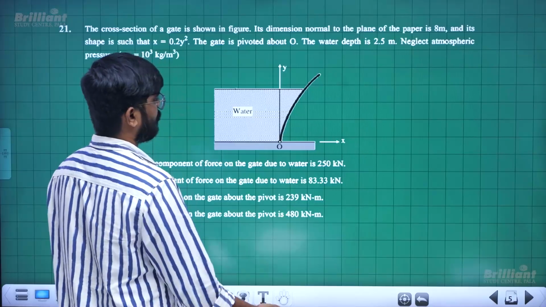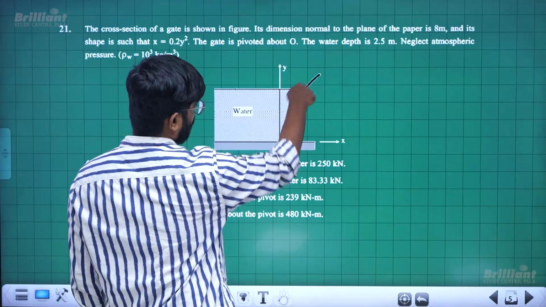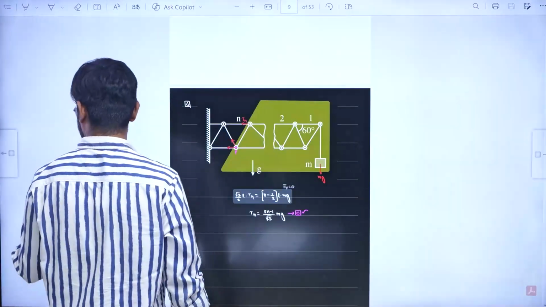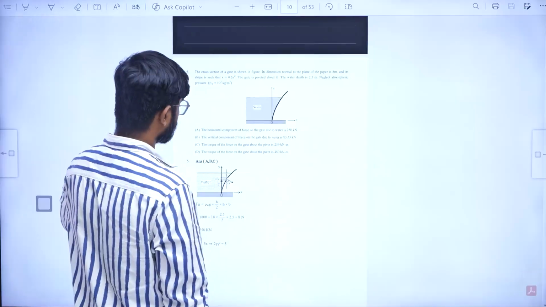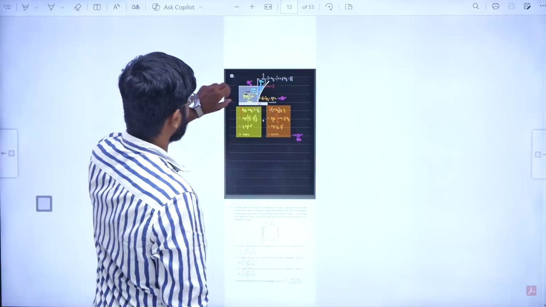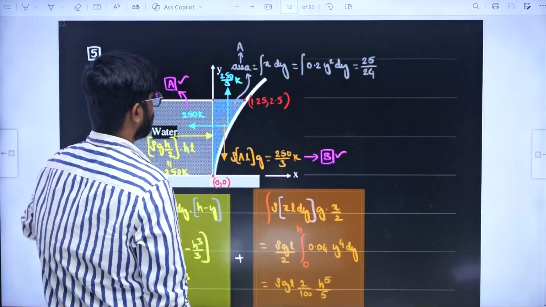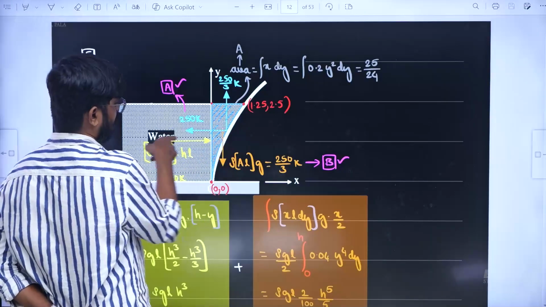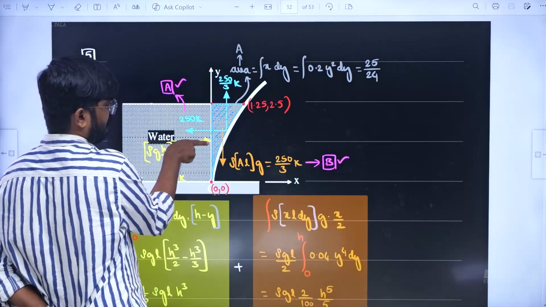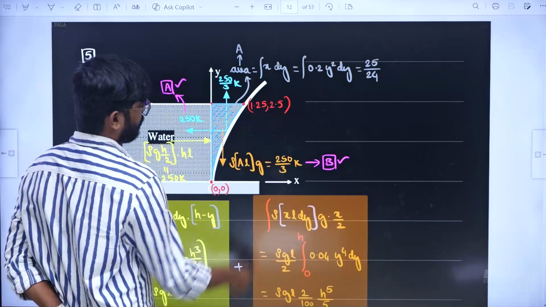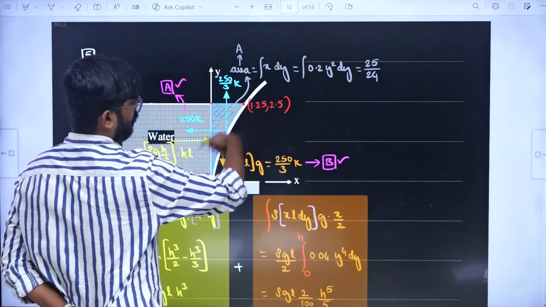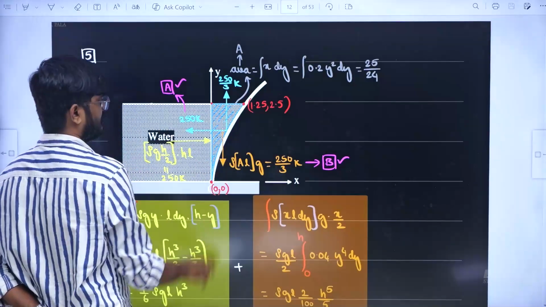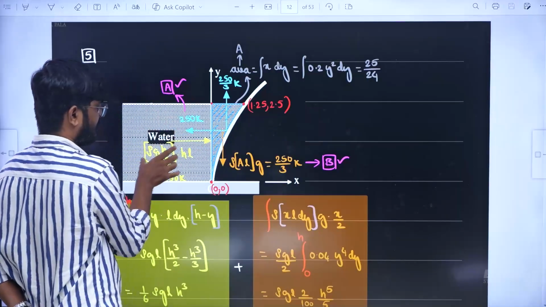So what I will be doing is, they were asking what is the force exerted by water on this. So instead of that, I will be calculating what is the force exerted by this on the water. So I will be drawing the free body diagram of the water. If I draw the free body diagram of the water, there is its own weight and there is force from this side. Both of these should be balanced by this curved surface. So the vertical component of this curved surface force should be balancing the weight of the water, and the horizontal component should be balancing this force. Now this force is easy to find, average pressure into area,